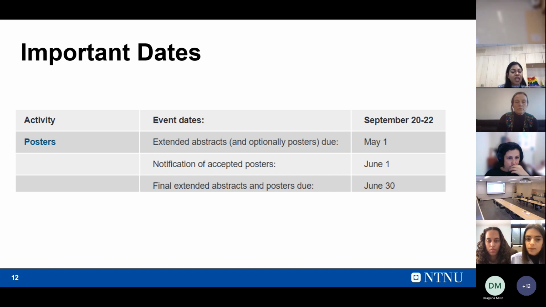On June 1st, you will receive notification of accepted posters. After that, until June 30th, you have enough time to brush up on the extended abstracts and work on your poster. It's only on June 30th that you have to submit the final abstracts as well as the final posters. So please mark these dates in your calendar.